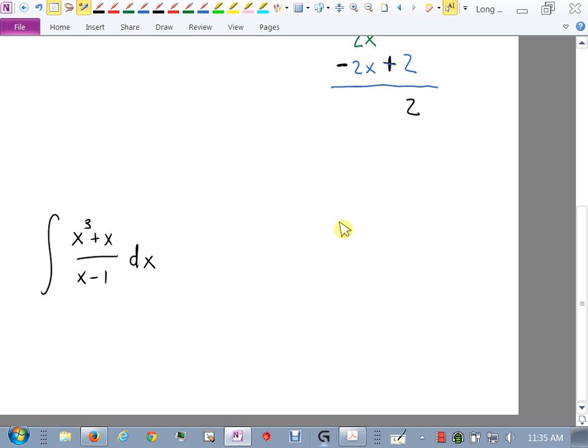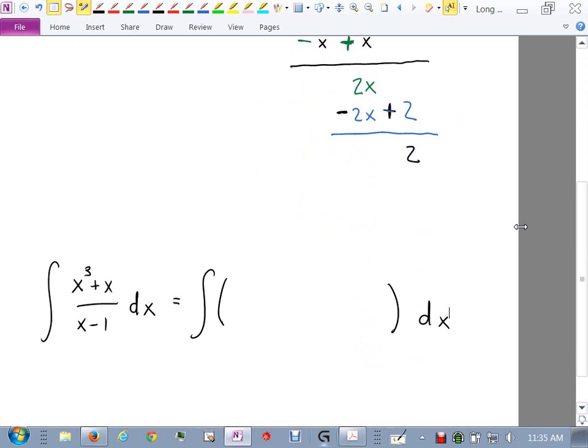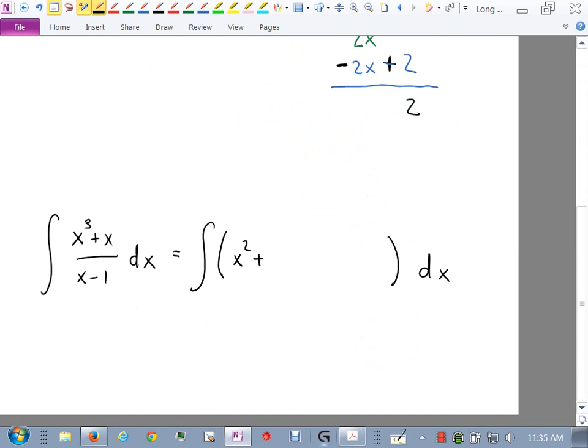However, by recognizing that it's a polynomial divided by a polynomial, and that the power of the top is bigger than the bottom, I can do the long division. When I do long division, I can rewrite the integral to be all those terms, right? Which we have up here, x squared plus x plus 1 plus 1 over x minus 1. And now I can do term by term integration. The antiderivative of x squared, 1/3 x cubed. Antiderivative of x, 1/2 x squared. Antiderivative of 1, x. Antiderivative of this,